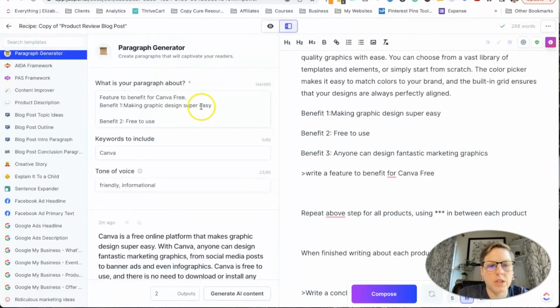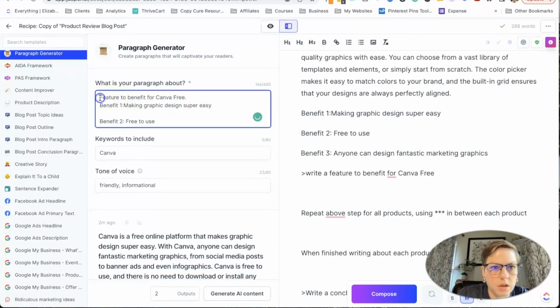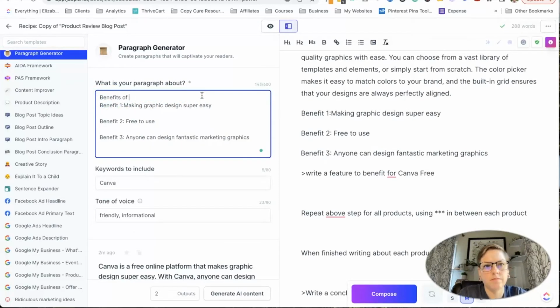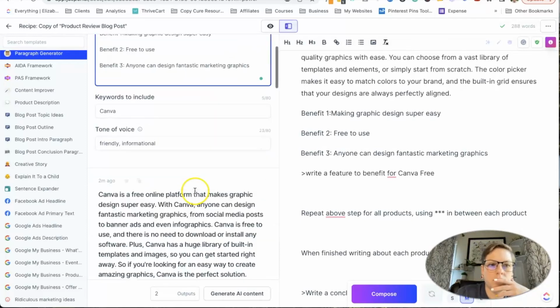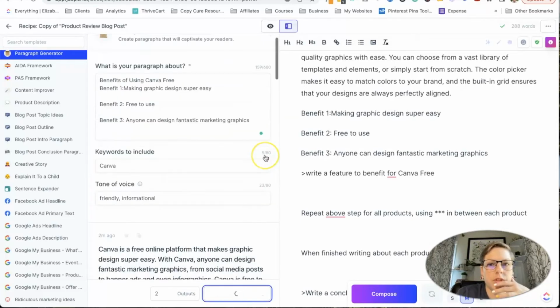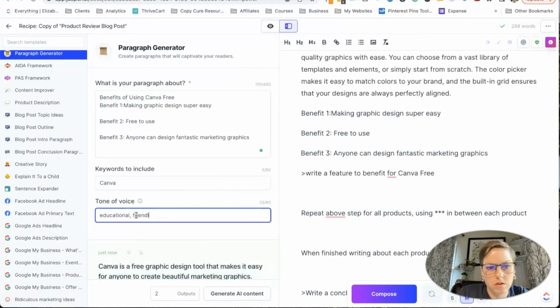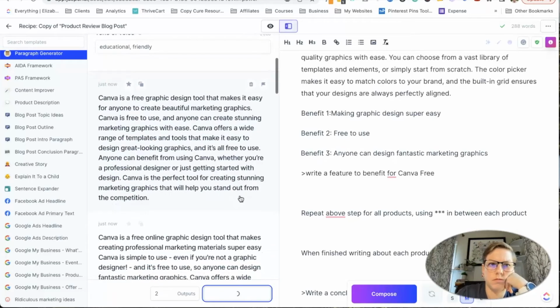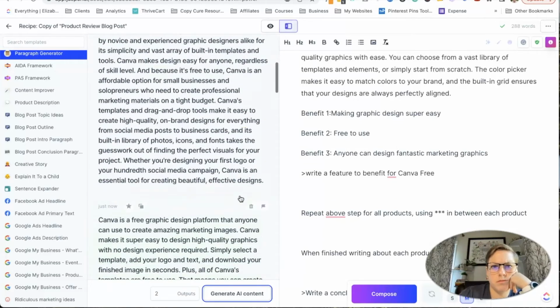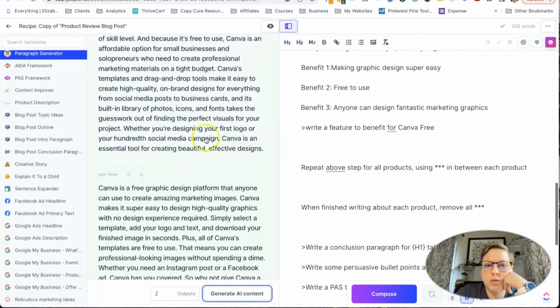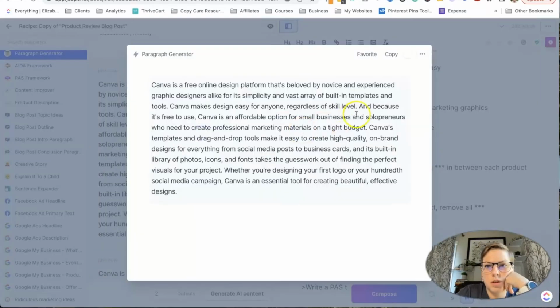So maybe if I change this to be... see if this helps. All right, so this is actually a lot closer to what I want.